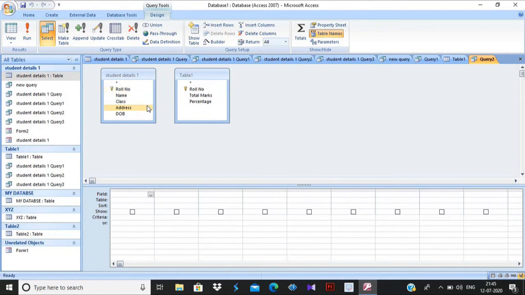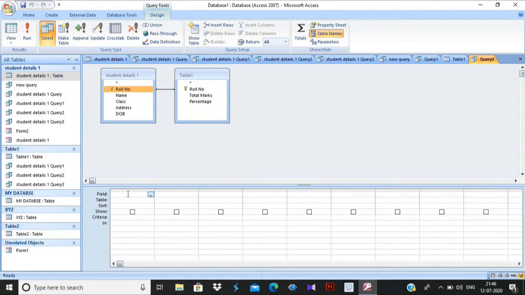Basically we are discussing only one table, but I am showing how you can take data from two tables also. You can connect these two: go on roll number, right click and drag it to roll number in the other table, so it will create a link, which we have discussed earlier also. Like this you can do.